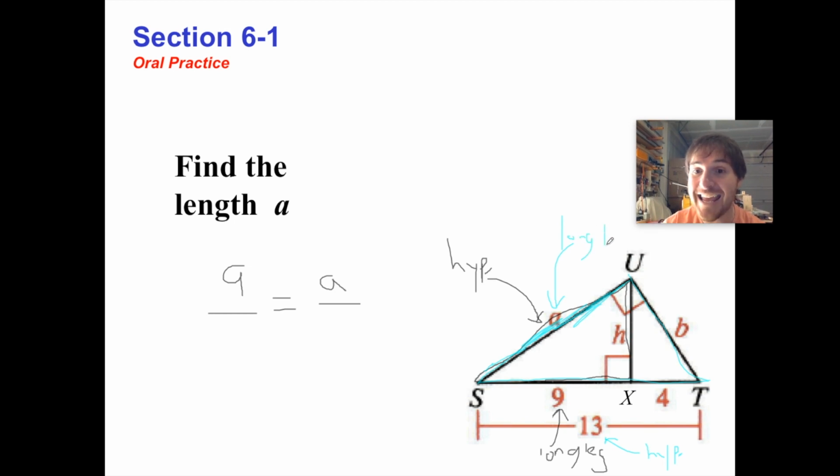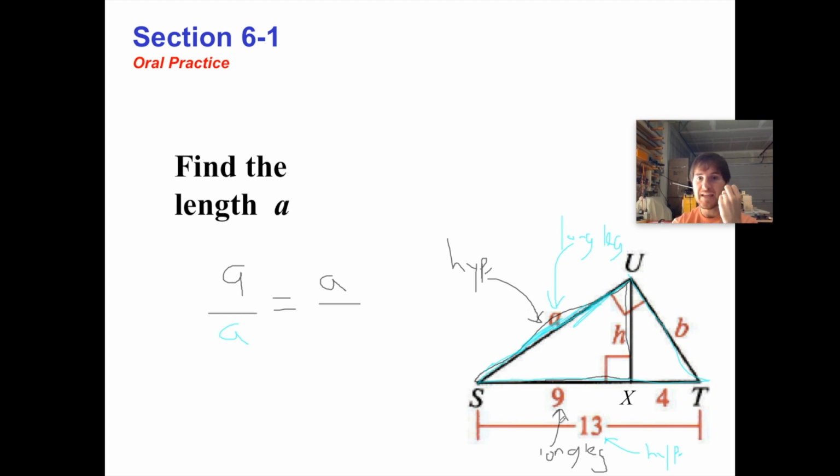So part A is both a hypotenuse and a longer leg in two different triangles, and that's the reason why it's going to end up being a geometric mean here. 9, which is the longer leg in the medium triangle, to A, which is the longer leg in the largest triangle, that would be a scale factor, right? Same scale factor would be A, which is in the black triangle, the hypotenuse,